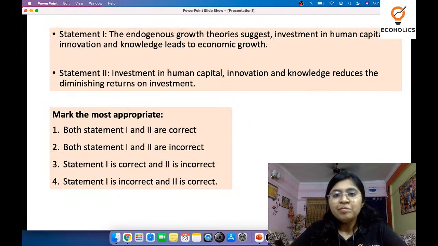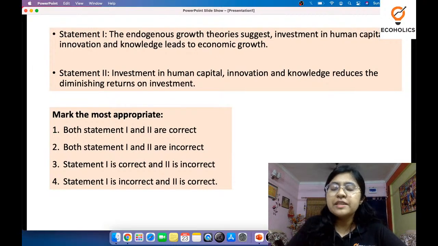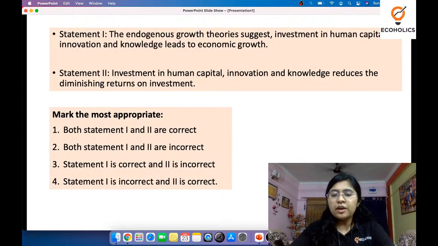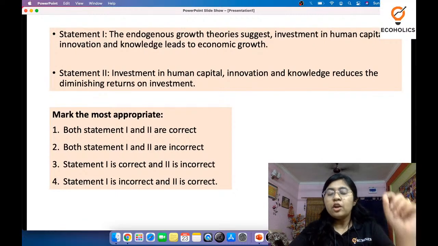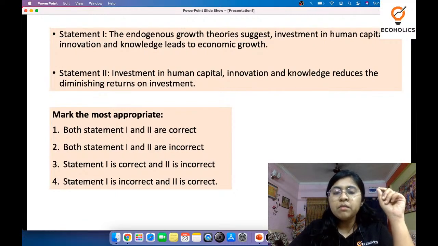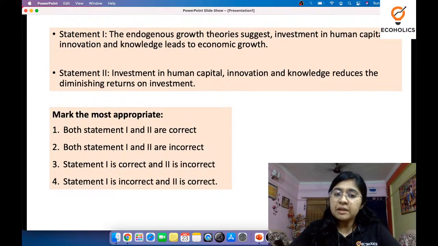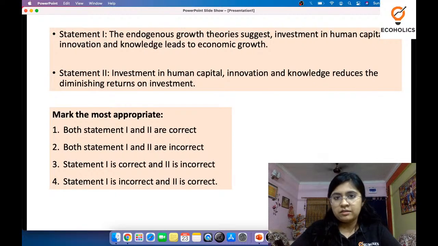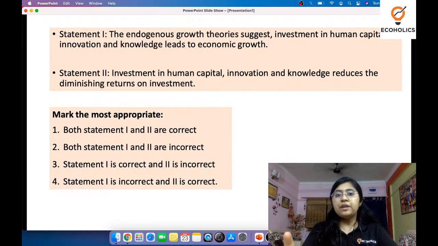And another type of assertion reasoning type of questions is your statement based questions. When you are given some statements, okay, some statements are given, and then you have to mark the most appropriate. Now what does most appropriate mean? What do you mean by most appropriate? It means probably all of them may be correct. It may be that some of these are correct, but we need to identify the most appropriate